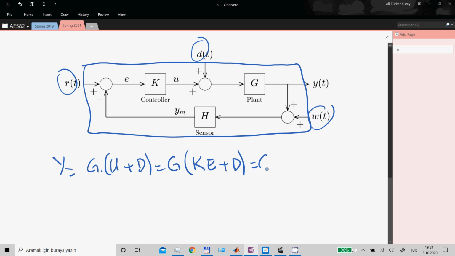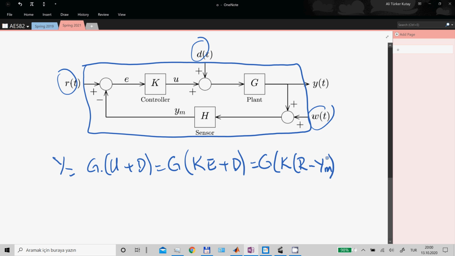And I need to keep going because E is an internal signal. It's not an external input yet. I need to write the output in terms of external signals only. And the external signals are three, R, D, and W. Okay, so instead of E, I can write what? R minus Ym, K times R minus Ym